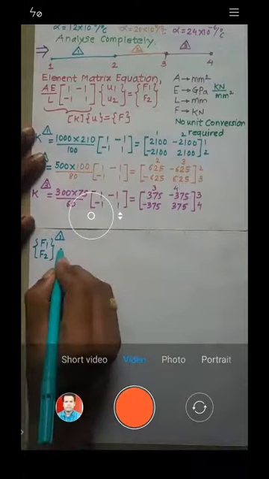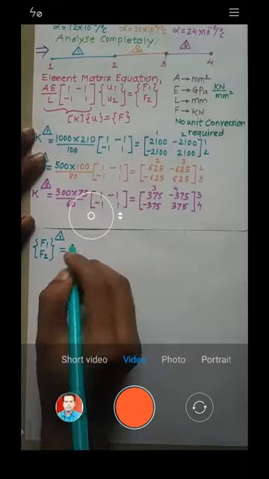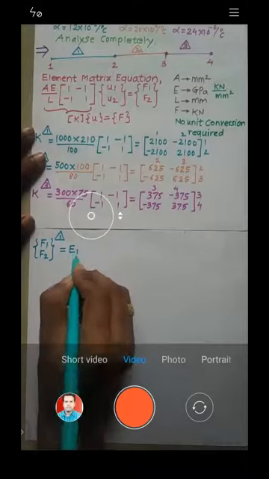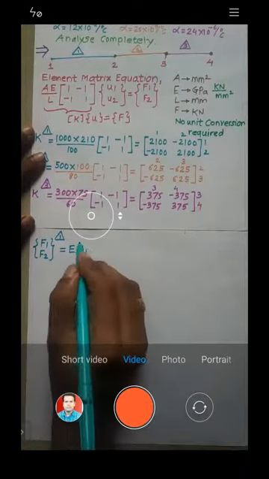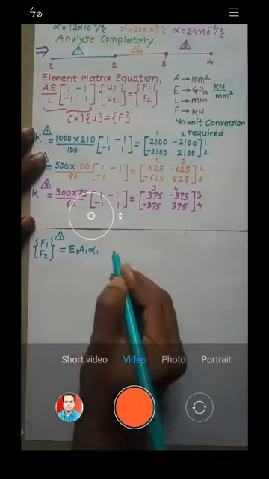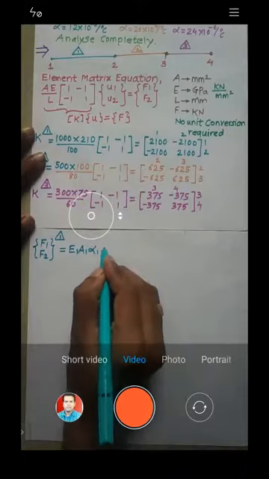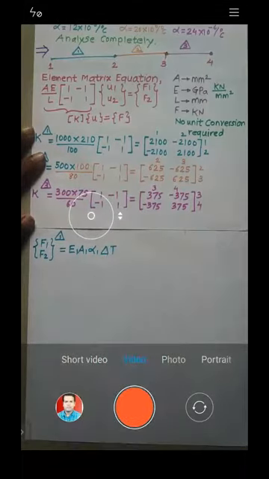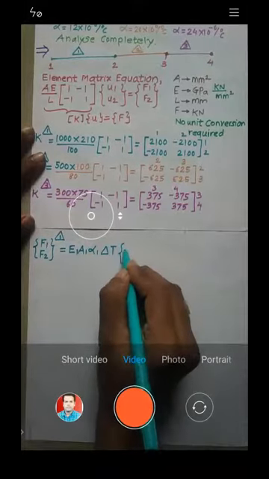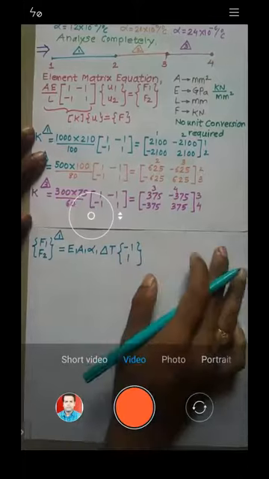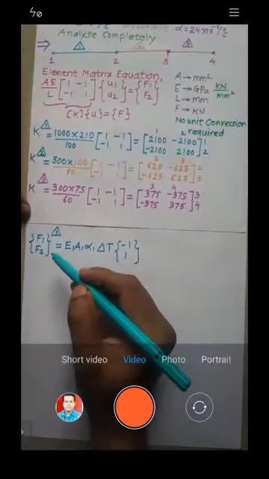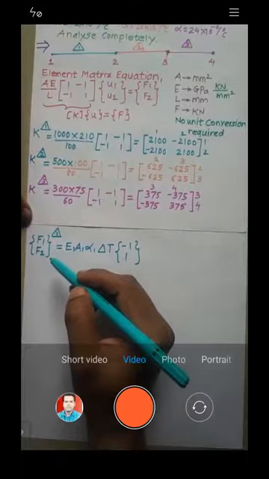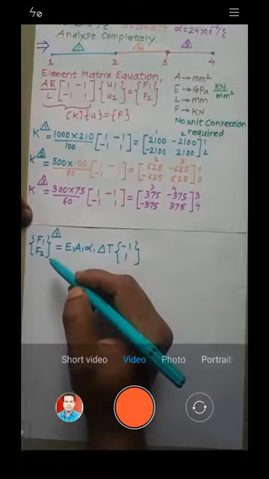Okay, so how to calculate that? It is given by modulus of elasticity of element number 1 into area of element number 1 into alpha of element number 1, multiplied by delta T, and this is to be multiplied by the column matrix [-1, 1]. Try to understand, this is how you calculate the forces or loads generated due to thermal load.